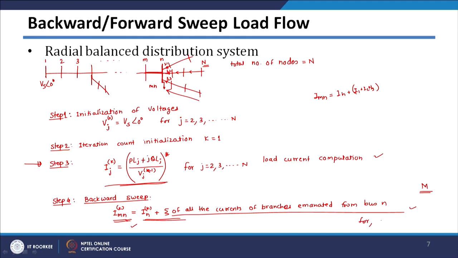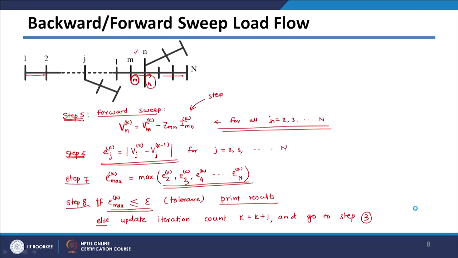This will be run for all mn branches in the system, and then we have seen we have to use the forward sweep to get the voltages. So, we will go to step 5 to get the voltages and then get the error in each bus voltage, and the maximum error from all the errors in all the buses,